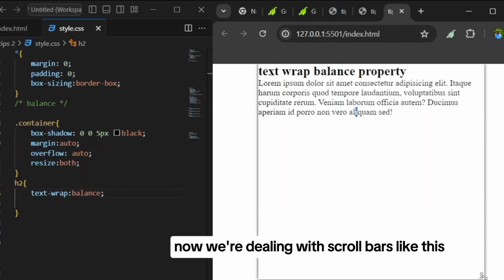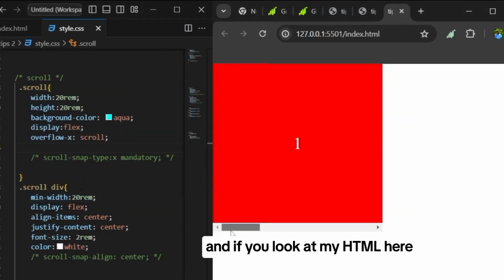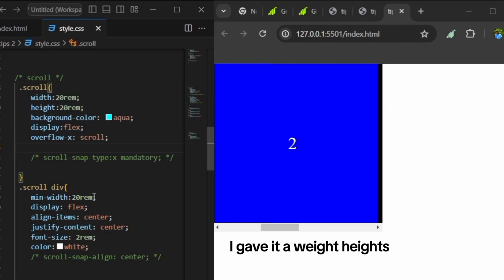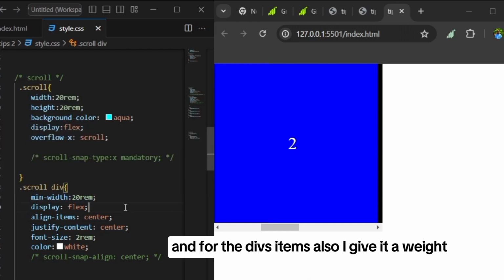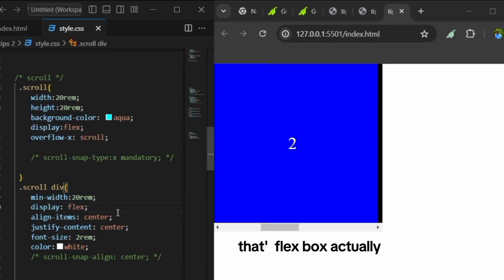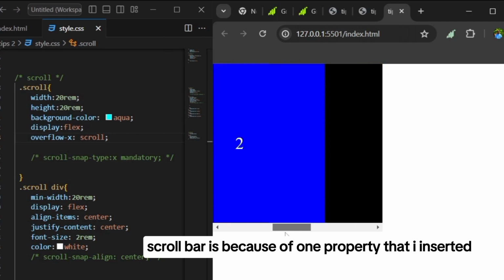So now we're dealing with scroll bars like this. As you can see here, we're having a scroll bar like this. And if you look at my HTML here, I just have a container with a bunch of divs inside. That's all I have. For the CSS here, I gave it a width, height, and background color. And for the div items, I also gave them a width. I made them display flex, and then I centered the text. That's flexbox actually. But the reason I'm having this scroll bar is because of one property that I inserted, which